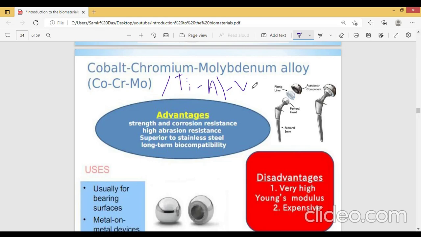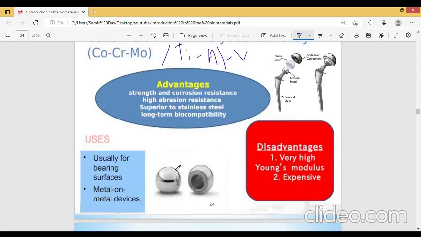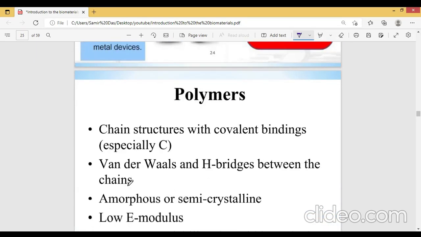alloy based biomaterial we have used extensively for load bearing application. So advantage: strength and corrosion resistance, and disadvantage: very high modulus and very expensive in nature. But in case of bearing surface we have used it extensively, and metal on metal devices we have extensively used this kind of